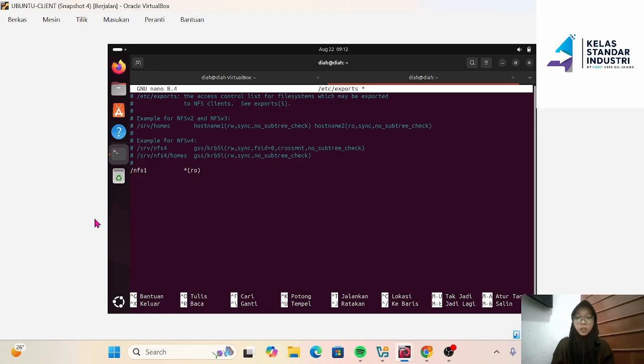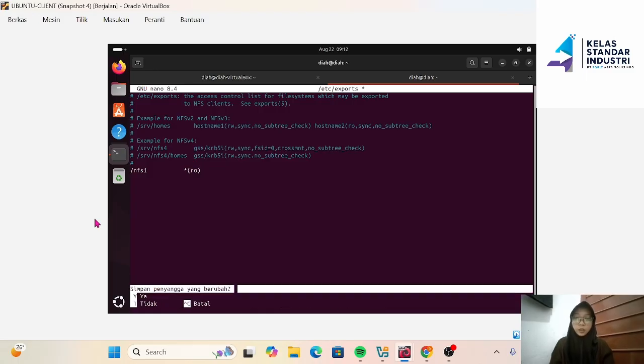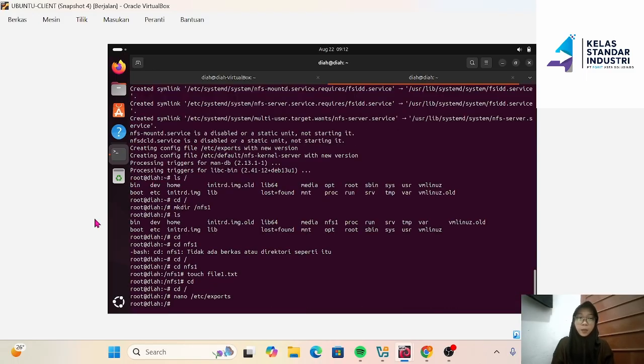Save it using Ctrl X, Y, enter. Apply the change with the command systemctl restart nfs-kernel-server. Oh sorry, not sudo.